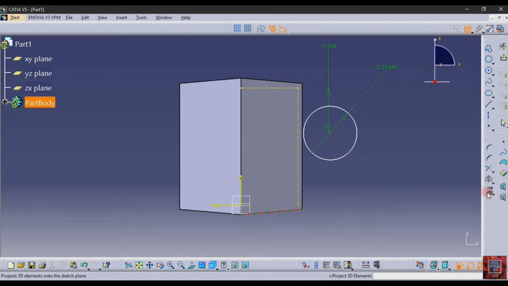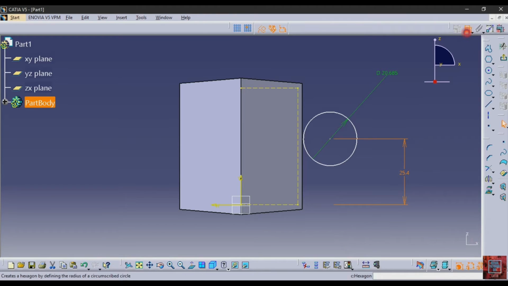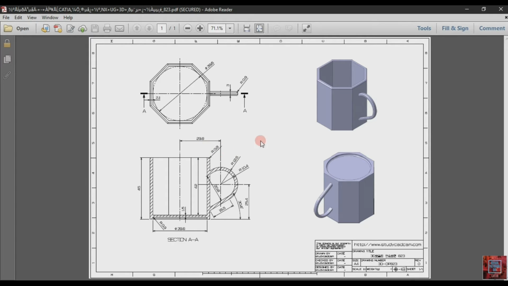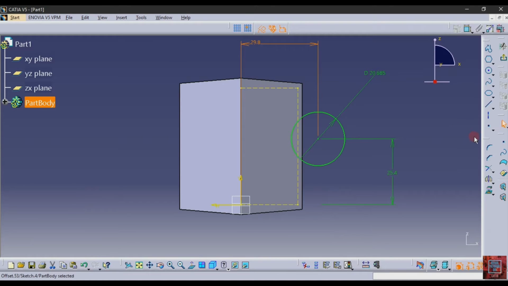Then select this edge and project this edge and make it into a dashed construction line, and then give the distance between both of these as 25.4, then enter, and the distance from this to this is 29.8.